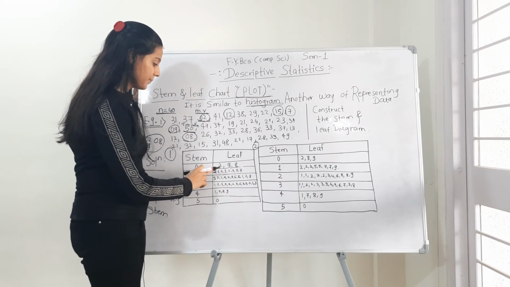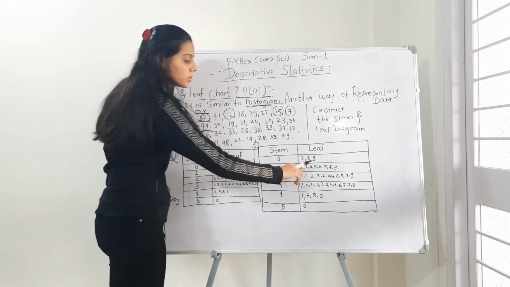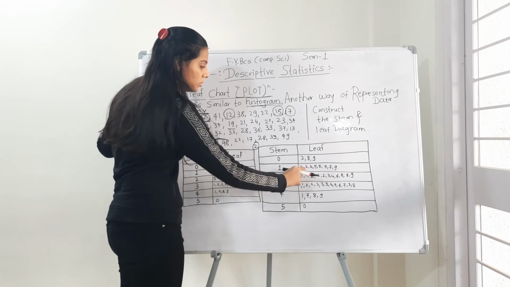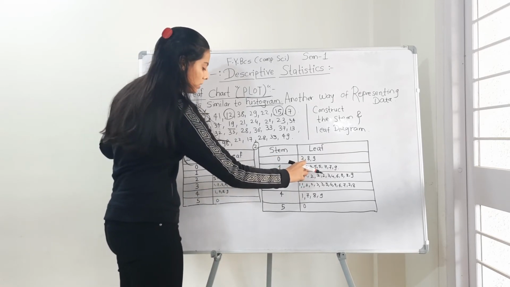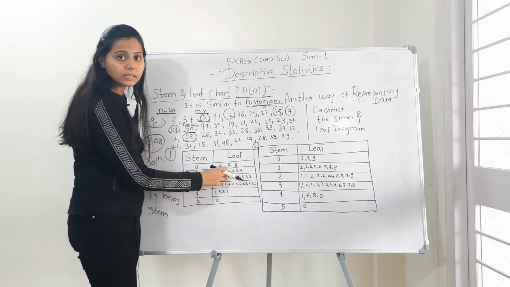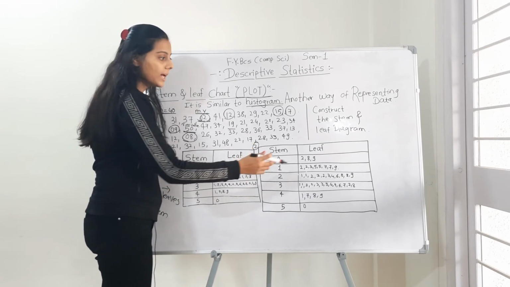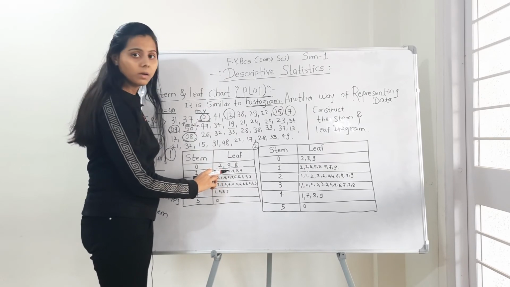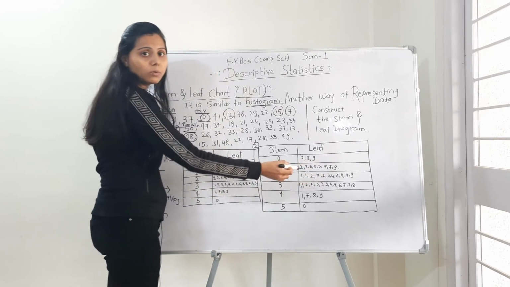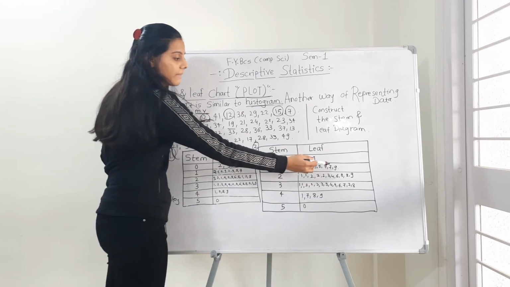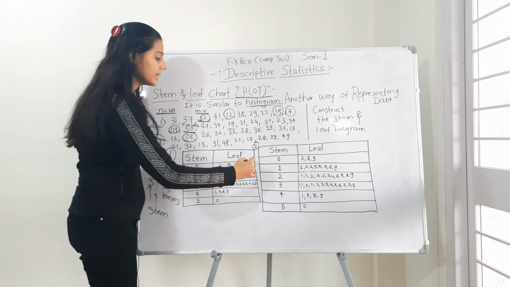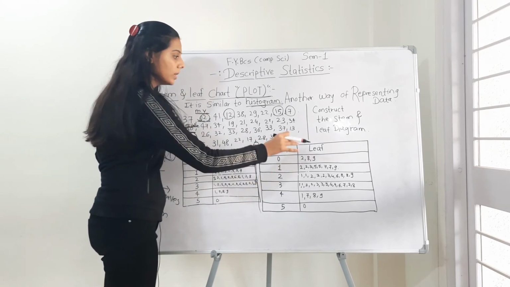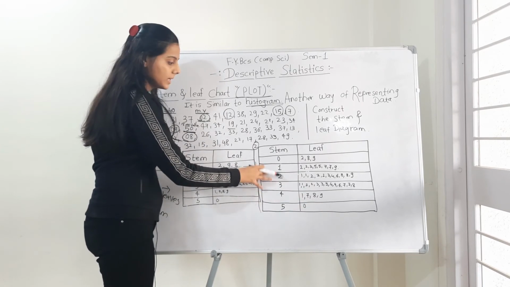Okay, so see here, 2 occurs 2 times. Okay, 2 occurs 2 times, that's why we write it 2 times. Okay, 2, 2. Again, what is the next one? Increasing. What is going to come after 2? 3. Then 5 occurs 2 times. Write down this number 2 times. 5, 7 and 9. Similarly we write down all the leaves for these particular stems.